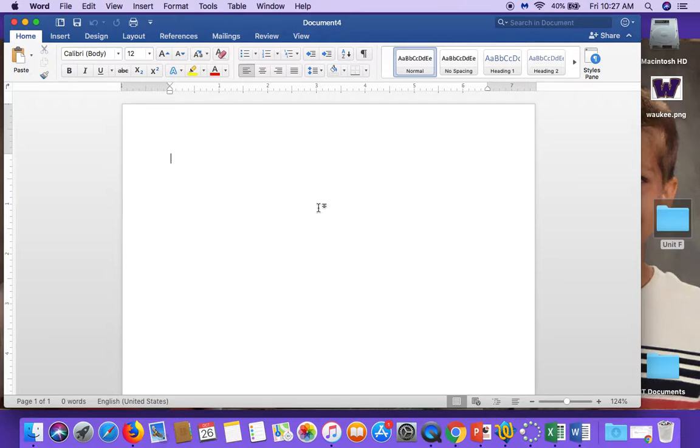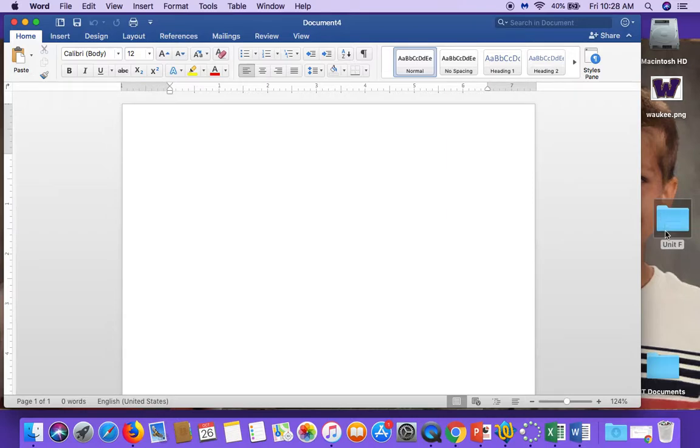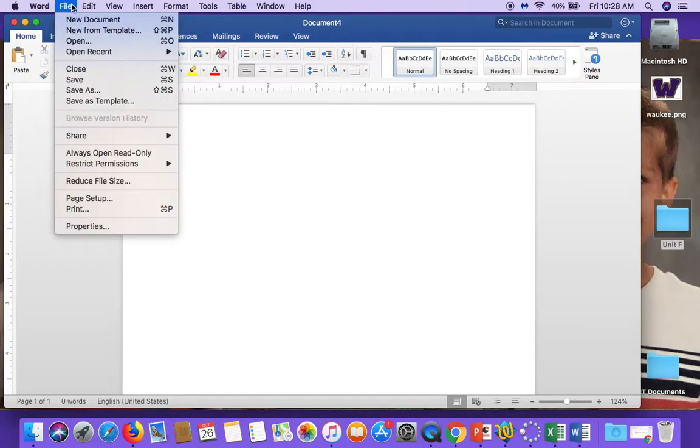So the first thing I think that we'll do is open up a file. There are two different ways you can open up an existing file: go to Word and then File, Open. You can always just open up from the folder that it's in, but we're going to go ahead and do it the way the book suggests. And I'm going to go to File,